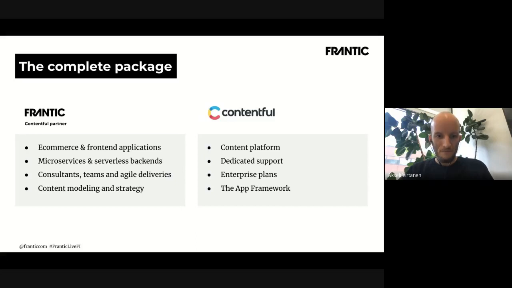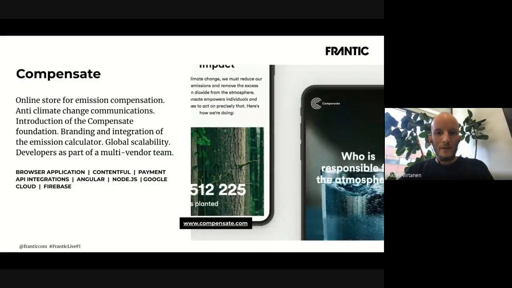And then finally, I just want to mention that we have an example case that quite nicely combines all of these values. So this is Compensate, the online store for emission compensation, which is quite known in Finland and worldwide. And this was created by our development team. It features such things as payment integrations with Stripe and API integrations, and of course uses Contentful as the content backend for